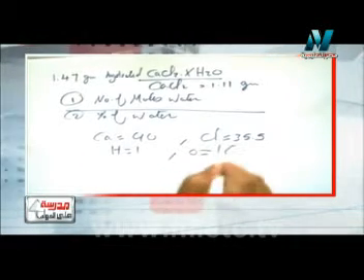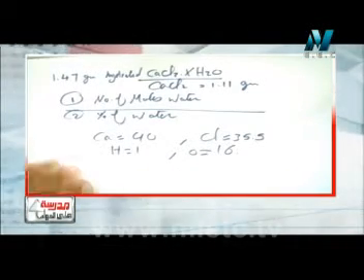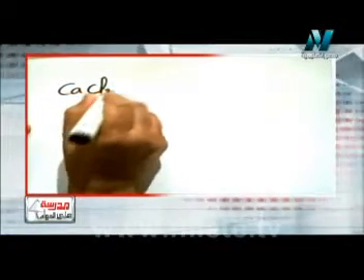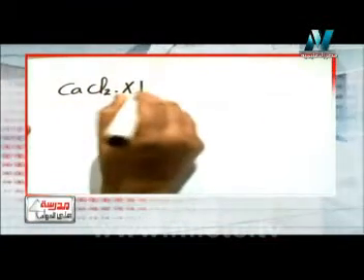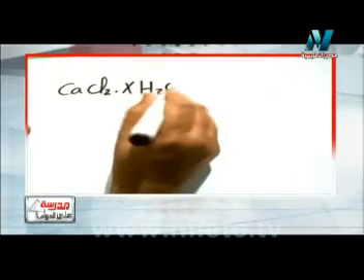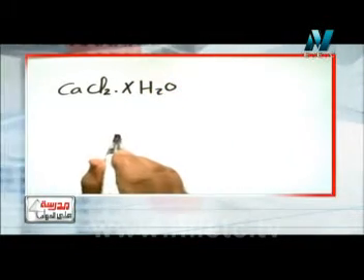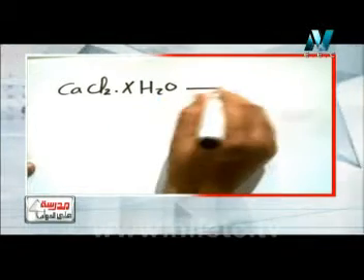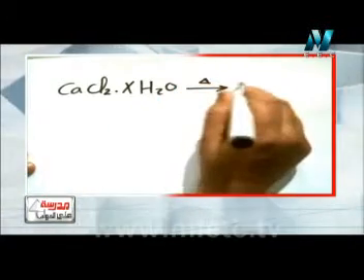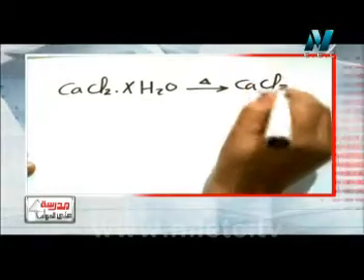Let's at first write the equation to get this relation between calcium chloride and hydrated salt, which contains X moles of water, CaCl2·XH2O. We want to know X, how many moles. By strongly heating, it gives calcium chloride plus